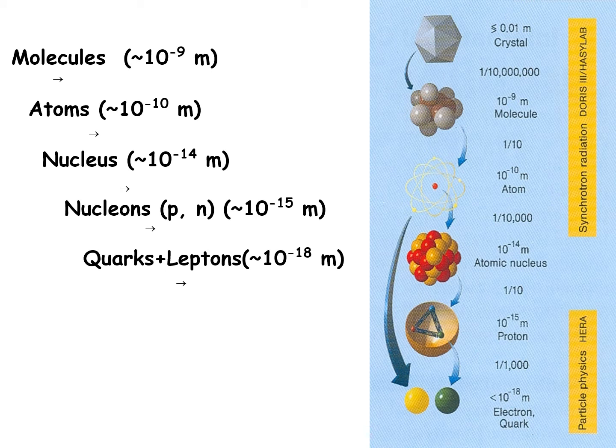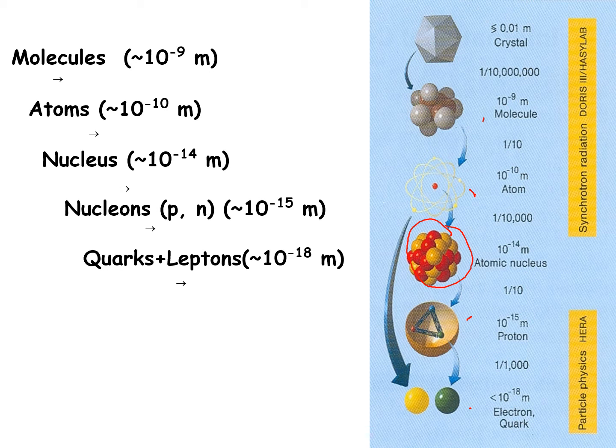So this figure shows that the crystal is made up of molecules. Molecule is further made up of atoms. Within the atom, we have this atomic nucleus with which we are interested. Within the atomic nucleus, we have protons and neutrons. And protons and neutrons, they are further made up of quarks. So this is the different categorization of the particles.